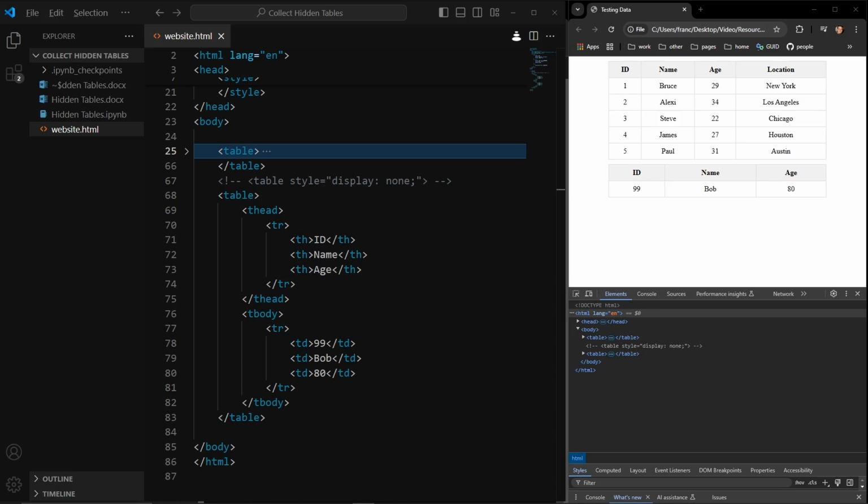In this video, I will demonstrate how to use the Python library Pandas to extract hidden tables in an HTML document or website. On the right side of the screen, you can see an HTML document with two tables on it. This is not a website, as you can see at the very top where I'm just accessing a local